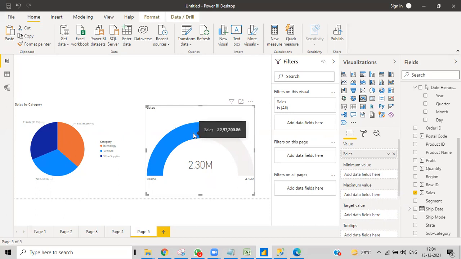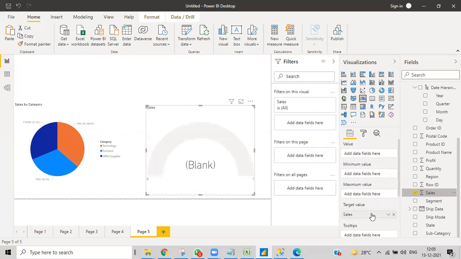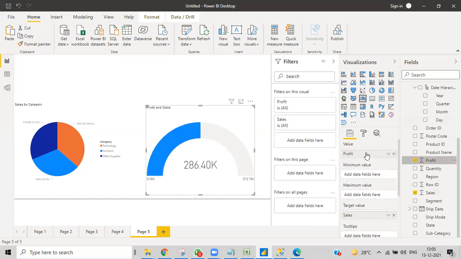And if we want to give sales, or whatever things, like total sales is this much, and then total profit is this much.